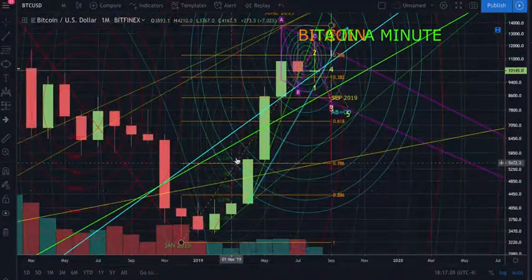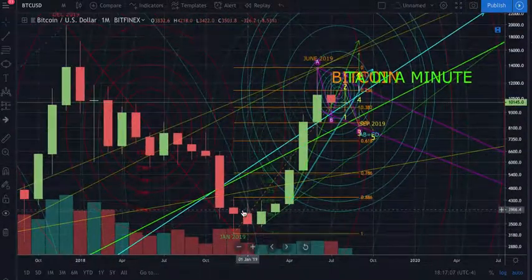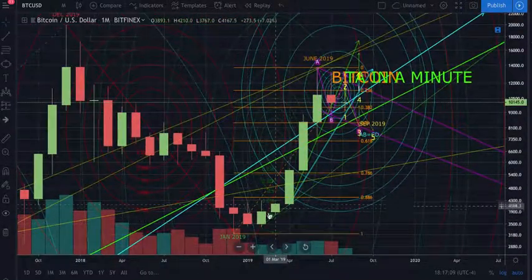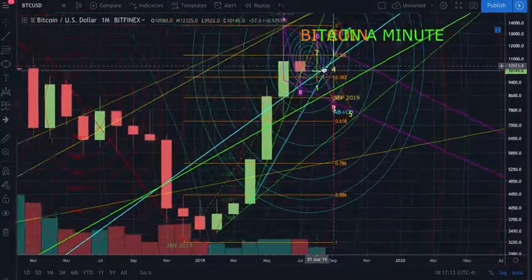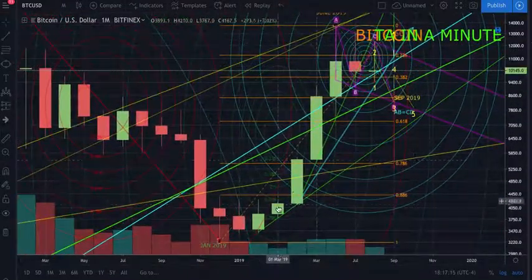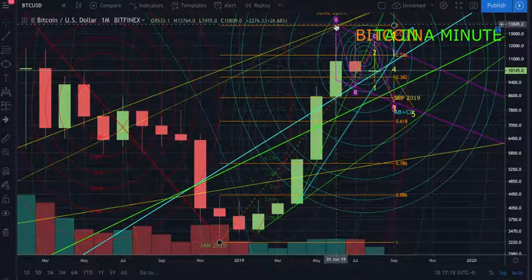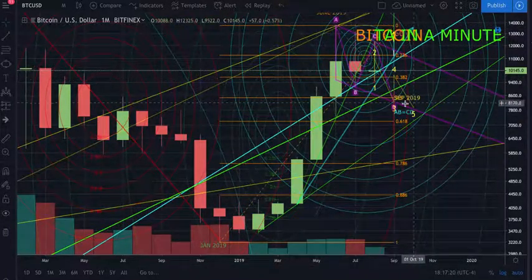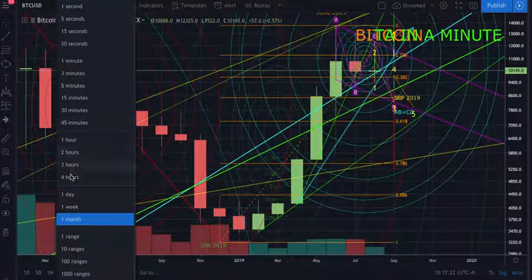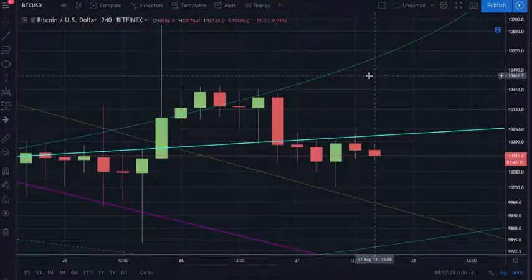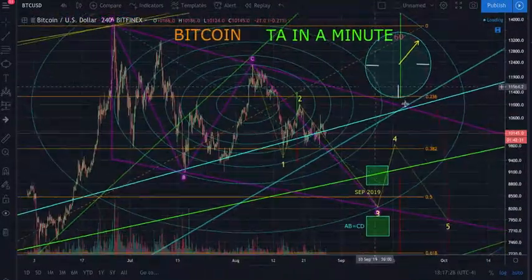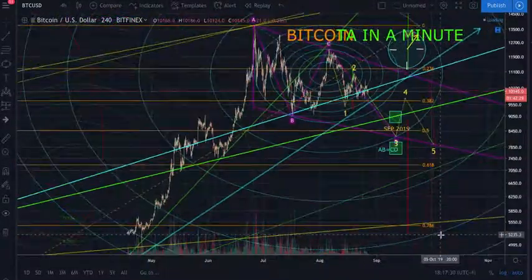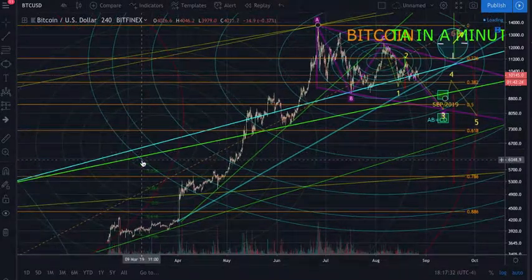Basically, we got an interaction here, and the interaction we got there, once we broke through this fib circle, was the bull rally that we went on. Okay? So the likelihood that we would consolidate inside this pattern, come down, and then get a strong reaction, the likelihood that we could come down here and get a strong reaction when we reach this next fib circle, because again, I'm going to go down to it here.